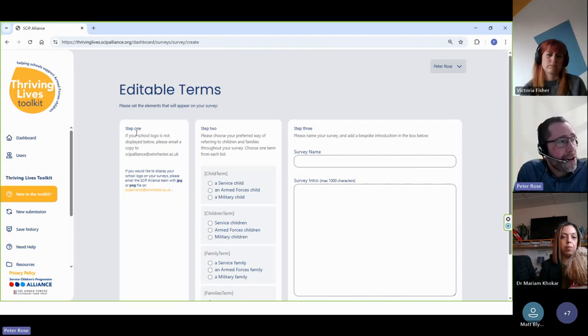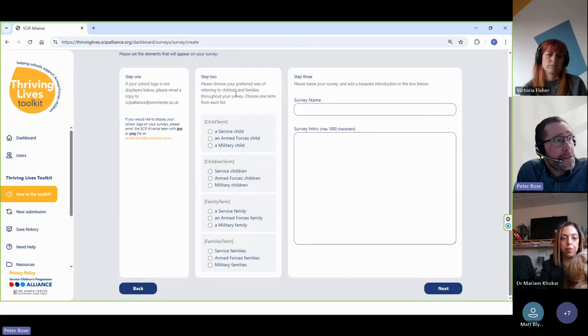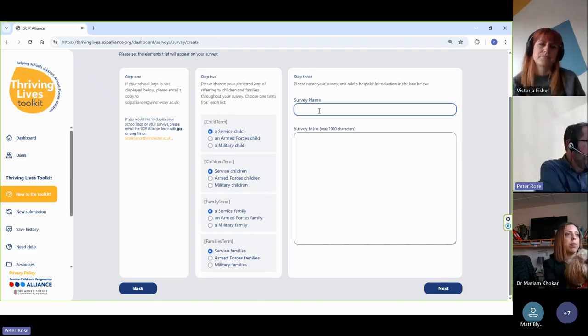There is the opportunity to upload a school logo. There is then the option for customizing. We're very well aware that different terminology is used in different schools in different parts of the country. So there is the opportunity to select the terminology that is the best fit with the terminology that school generally uses.